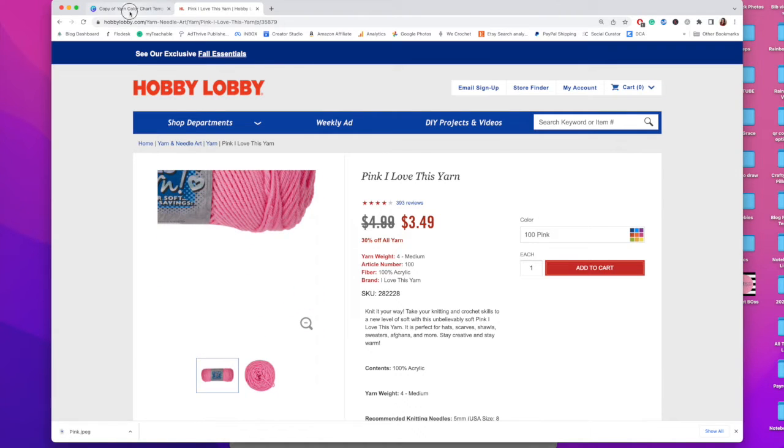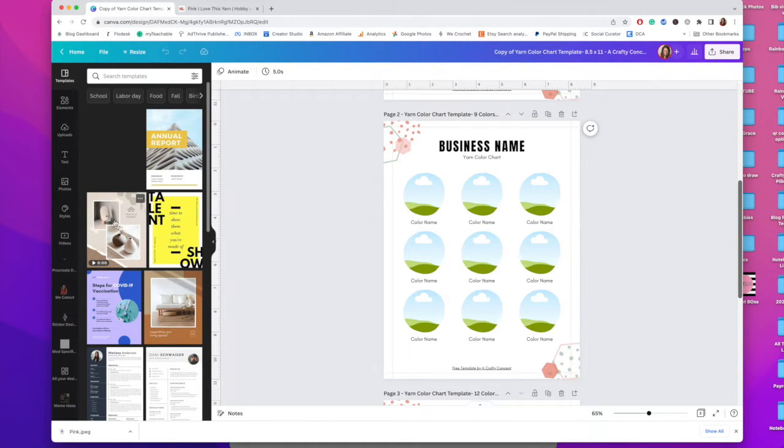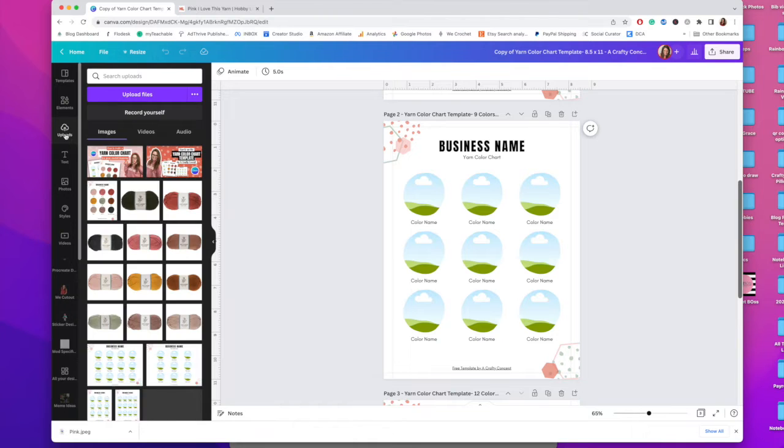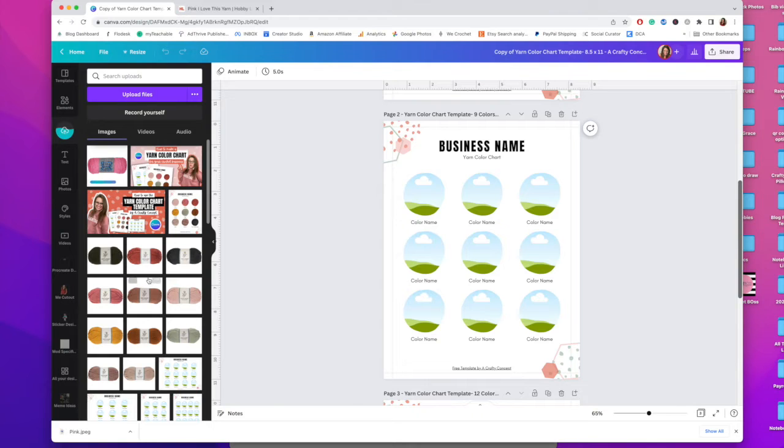So we're going to go back over here to Canva. We're going to click on the uploads, and that's where you can see all of the other yarns that I've used for the example video. And I'm just going to grab this pink and drag it into the uploads area. If you don't have a Mac, you can upload files and then click it from there. But I'm just going to grab this image and drop it into the uploads area,